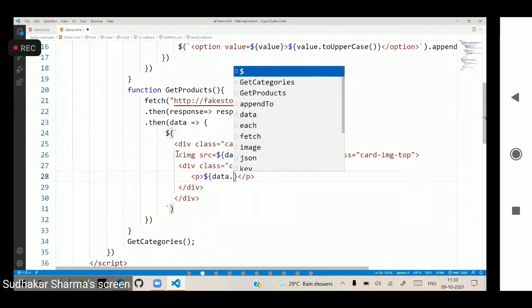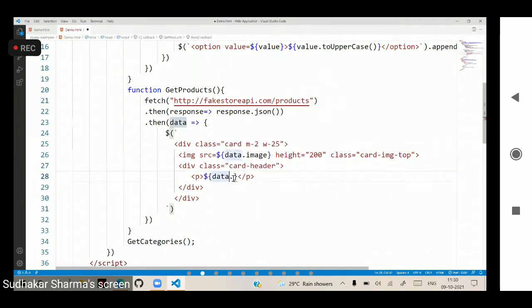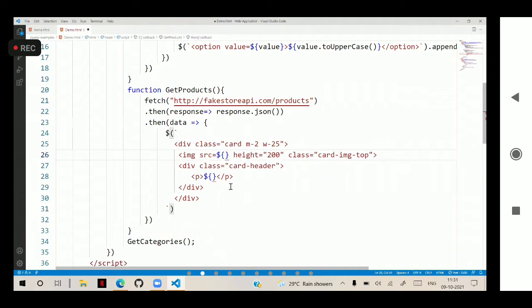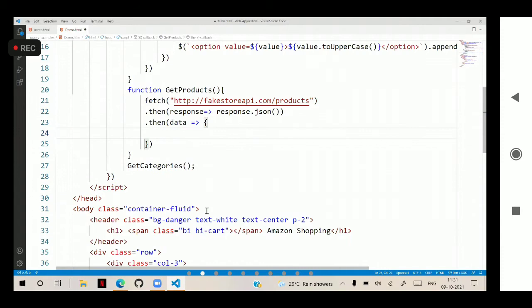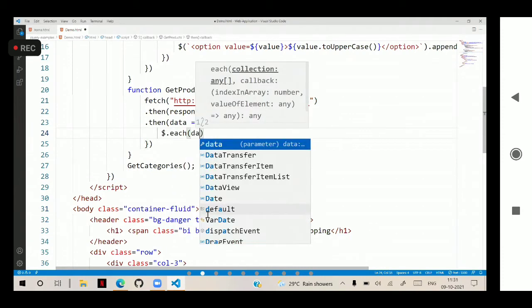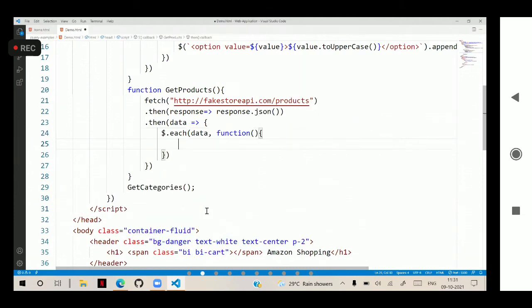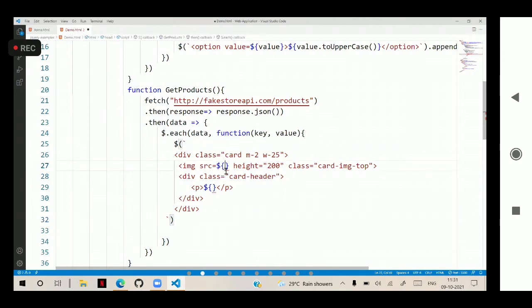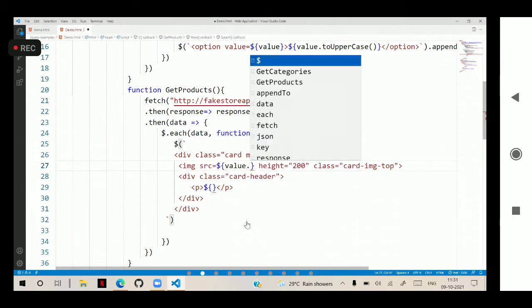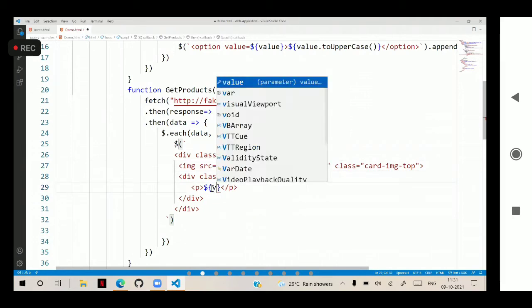But remember, this needs actually not directly data. We need an iteration inside it. So I will keep that iteration because the data contains a lot of products. So you need this in an iteration, $.each, the data and the function. And here we have key and value. For that, this should happen. And here we have to get value.image, and here we have to get value.title,